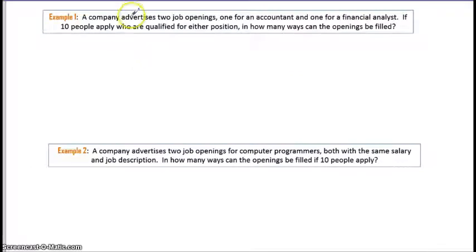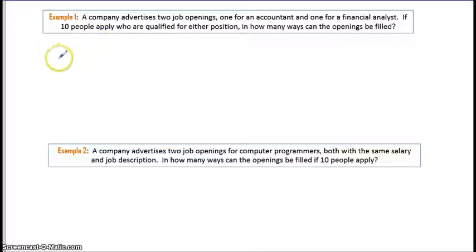Okay, so now let's just do 3 examples, and then hopefully you'll be good to go in understanding at least the basics of permutations. These problems do get complicated, but these examples, hopefully, will not be complicated. Our first example is a company advertises 2 job openings, one for an accountant and one for a financial analyst. If 10 people apply who are qualified for either position, in how many ways can the openings be